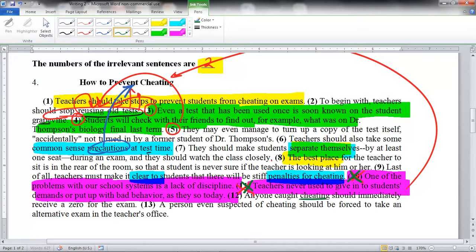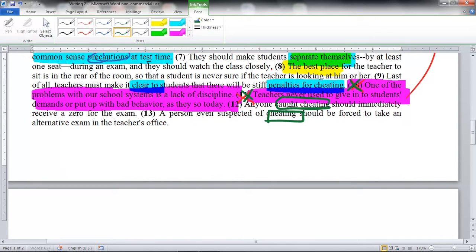So anyone caught cheating, see, now we're back on topic. Should immediately receive a 0. Any person suspected of cheating should be forced to take an alternate exam in the teacher's office. So those two sentences also support the main topic. So the two sentences that do not support the topic are number 10 and 11 over here, and they break the unity